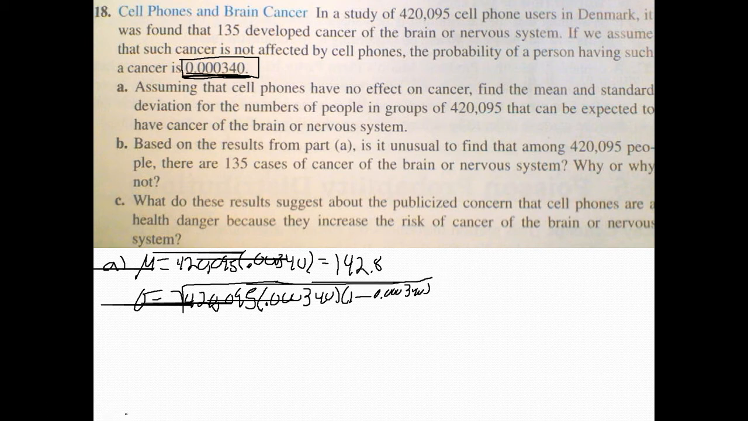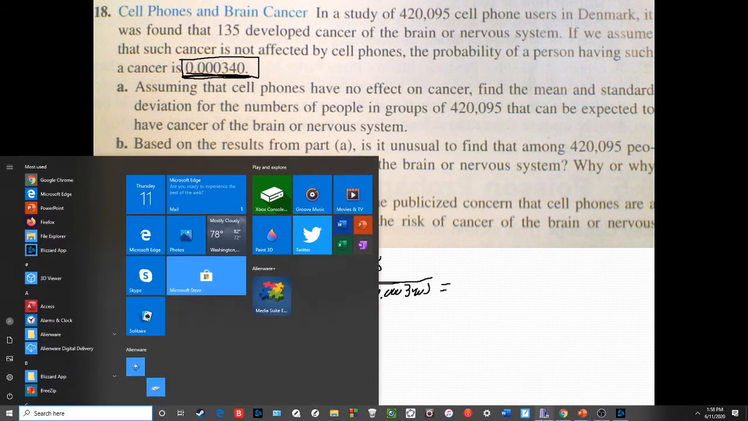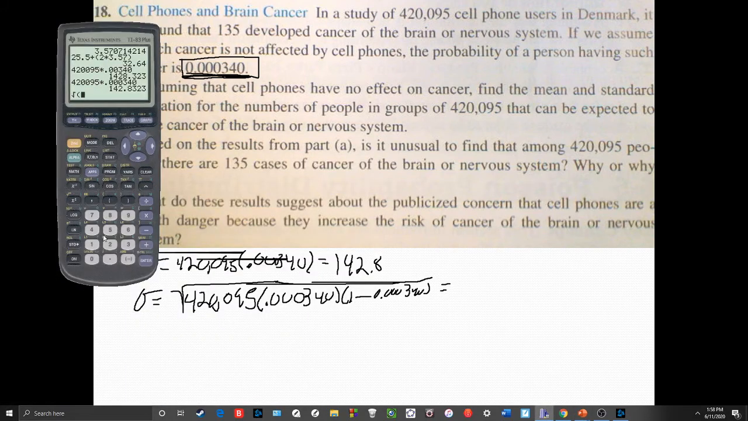I'm going to erase these lines here because they're just annoying enough to me to take that time to do. All right, now I have to write the numbers back in because PowerPoint doesn't like me doing that. So there, there, there. All right, so let's go ahead and figure out what this is here. So we have the square root of 420,095 times